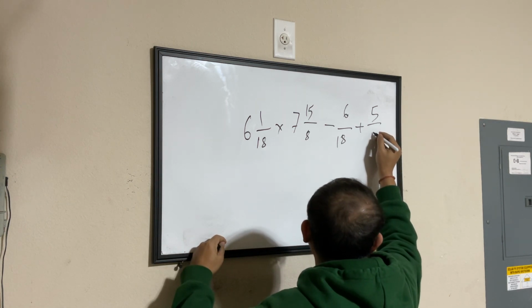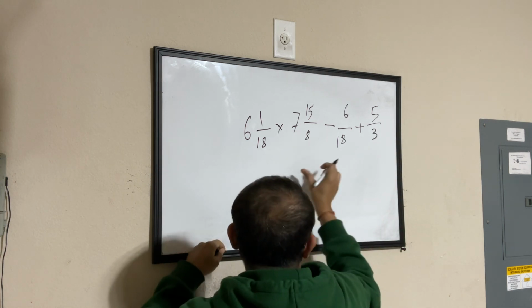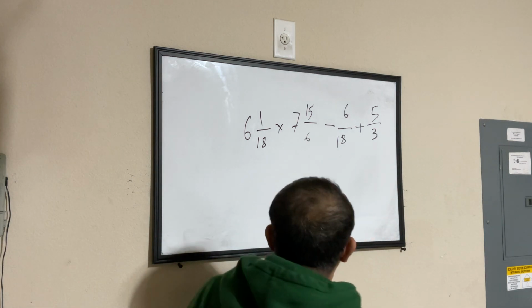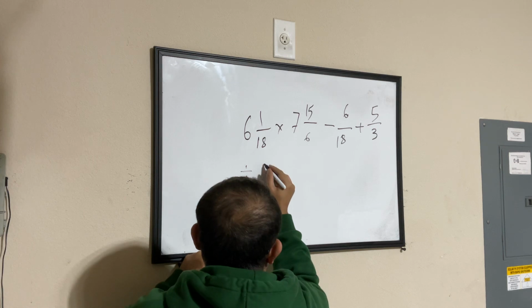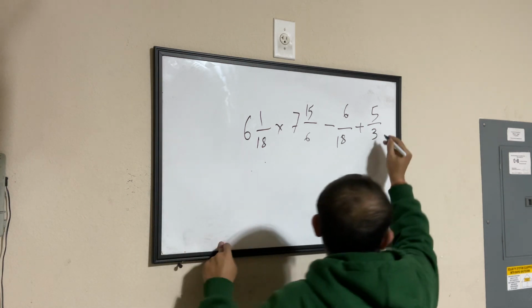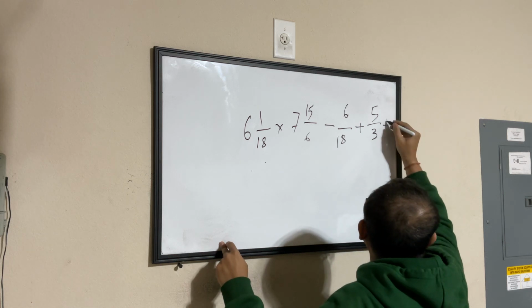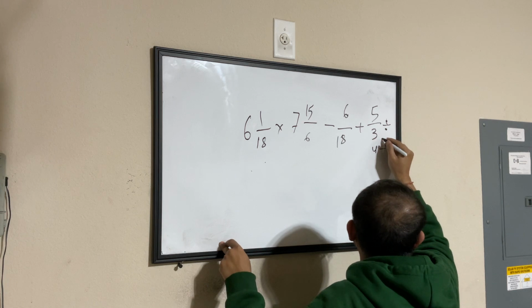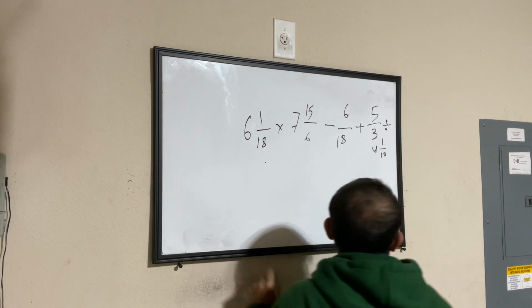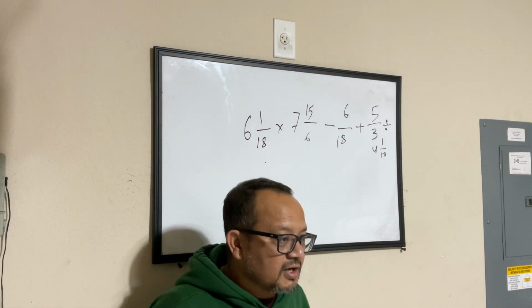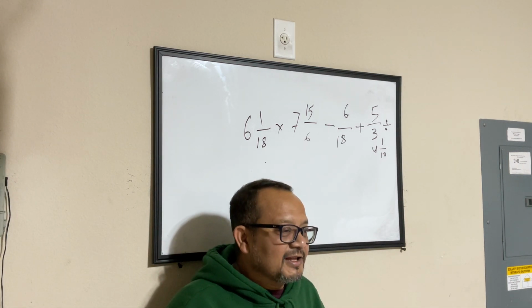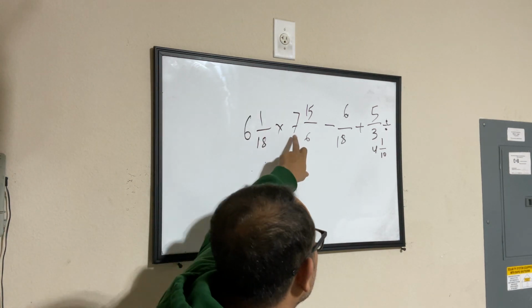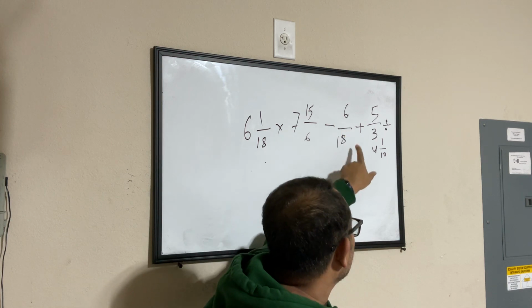So again, a very lame problem, but let's see who all can solve it, right. 6 1 by 18 multiplied by 7 15 by 6 minus 6 by 18 plus 5 by 3 divided by